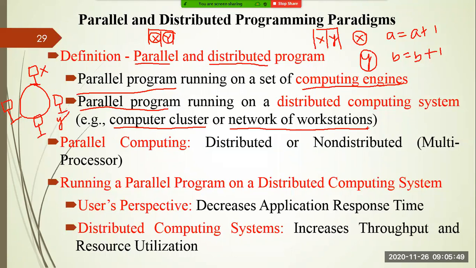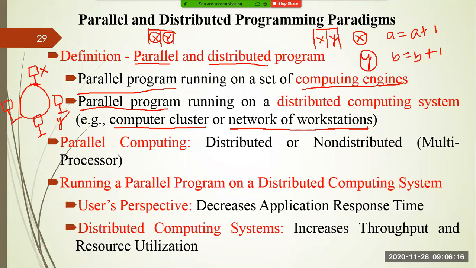So that can be treated as a distributed computing system. Or one lab is coordinating with another lab, or 5-6 labs are sharing their resources. So at that time we call it a distributed computing system, right? That's why if you define a distributed computing system, we can say it is a set of computational engines,